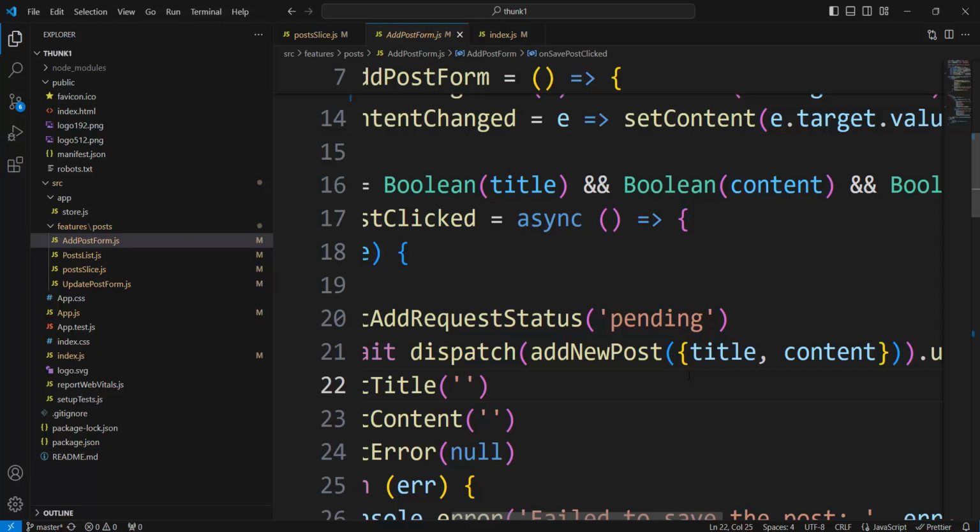It comes with Redux Toolkit. We import it from Redux Toolkit. We need it because Redux doesn't understand asynchronous processes. But Redux is a state manager, and it is hard for a state manager